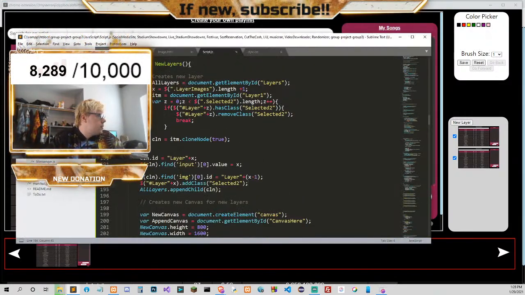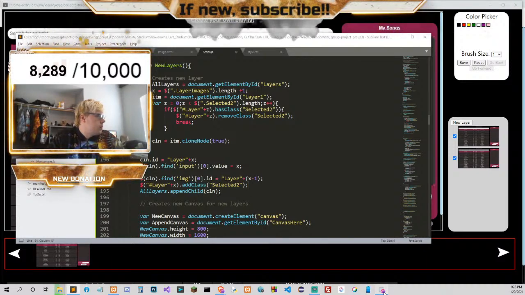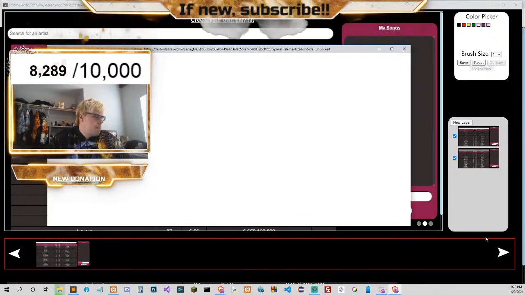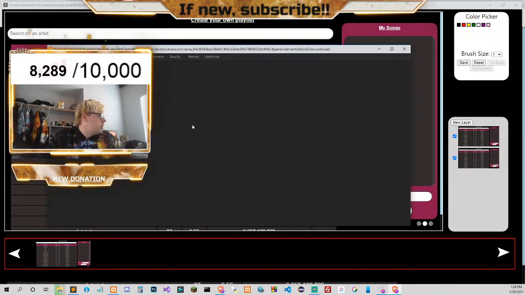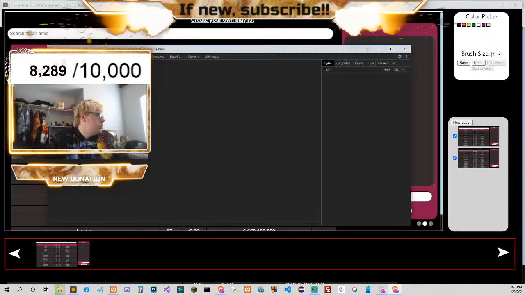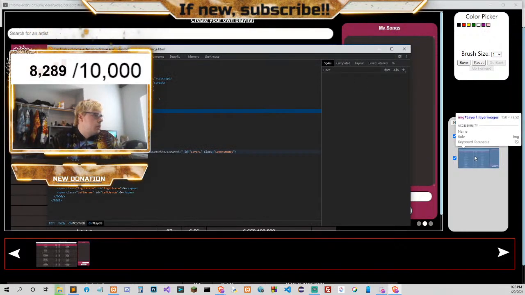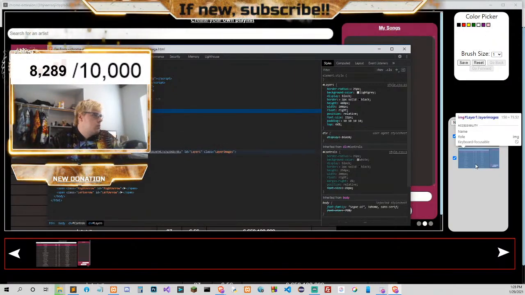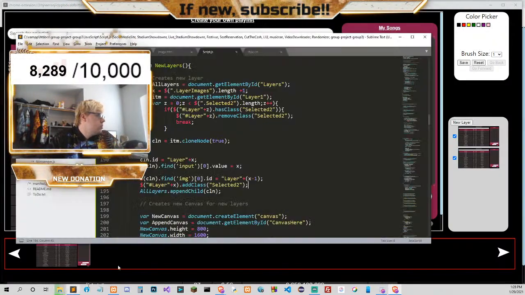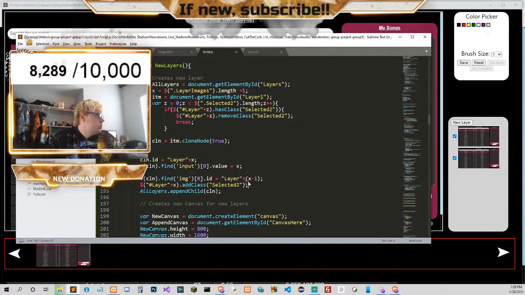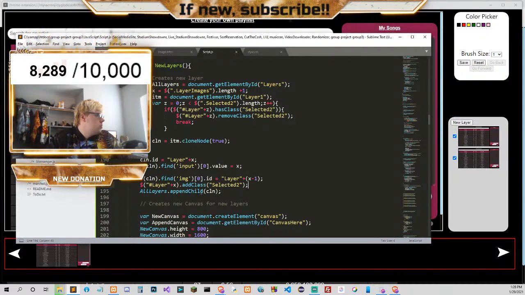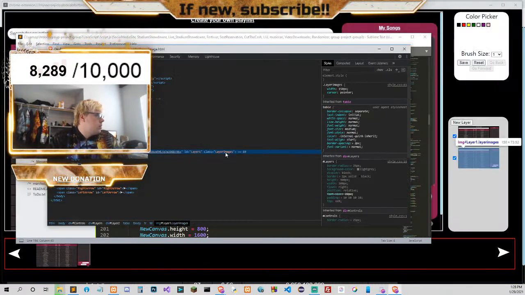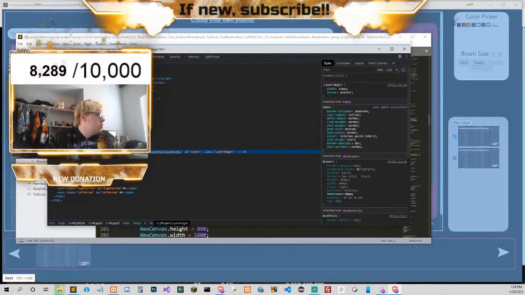Layer plus X. X is length plus 1. I don't know why it doesn't work. Let me try layer X plus 1. Layer ID dot.